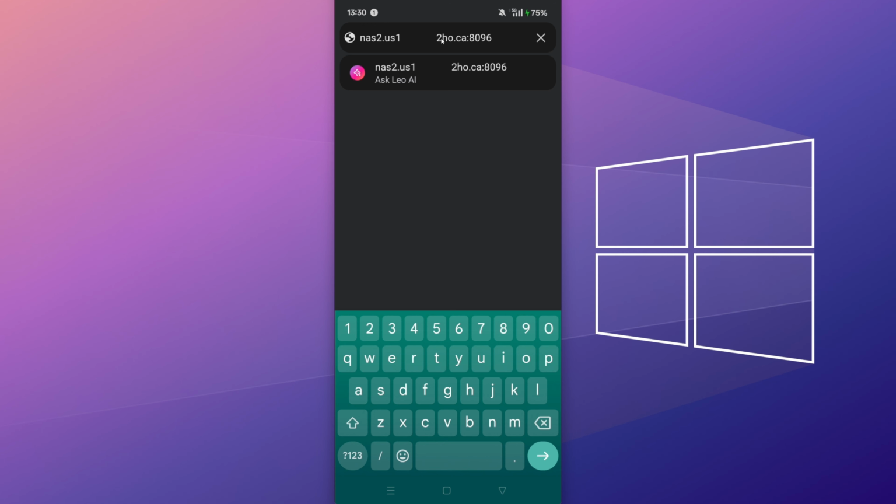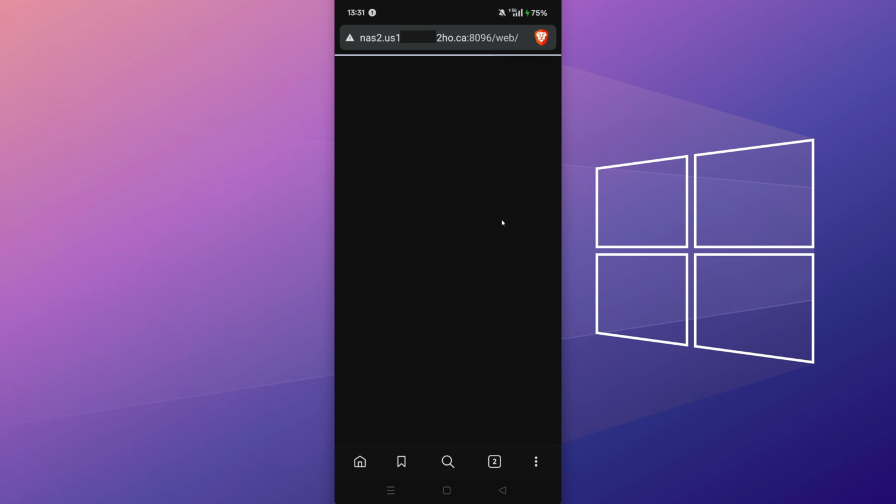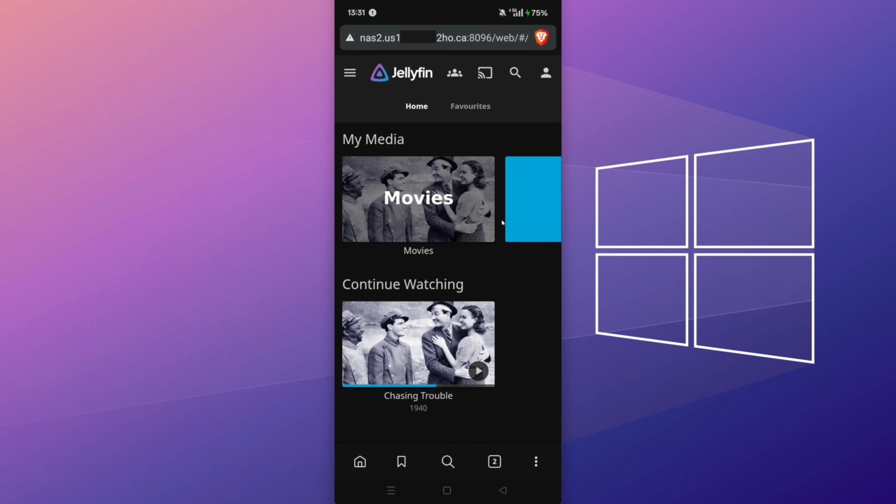8096. So 8096 is of course the port that Jellyfin runs on. So this is the default port number, but if you've changed yours in Jellyfin, then you need to enter the port number that Jellyfin is running on and which you use to access it normally on your local network. So once you've pasted in the host name and then entered a colon and then 8096, you can then go to that page and wait for it to load, and then you can see we get the Jellyfin logo appearing, and it's loaded up Jellyfin running on our UGREEN NAS on our